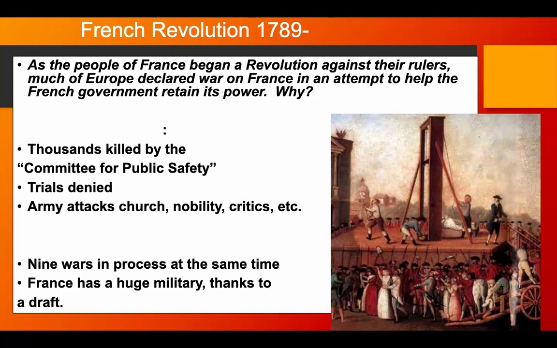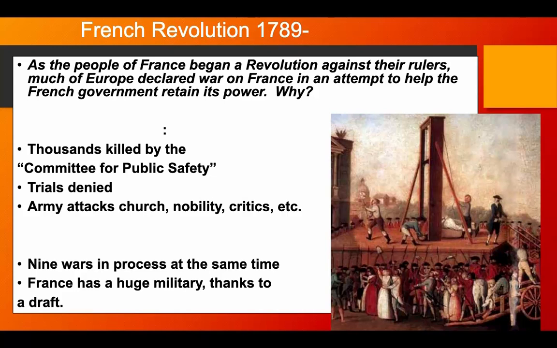Now, what's going to happen ultimately is that a young lawyer of the middle class is going to take power, and that fellow is named Robespierre. And Robespierre is going to ultimately form a new government called the Directory, and he's going to form within that